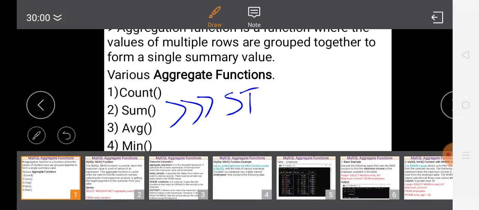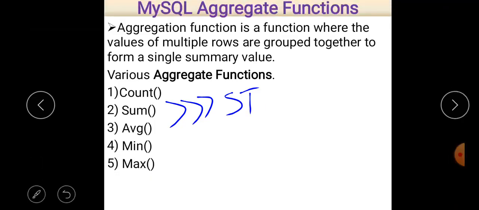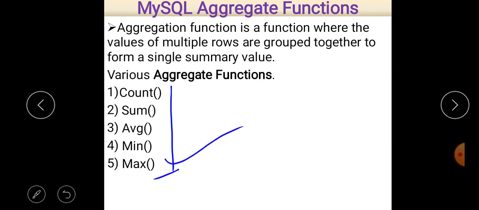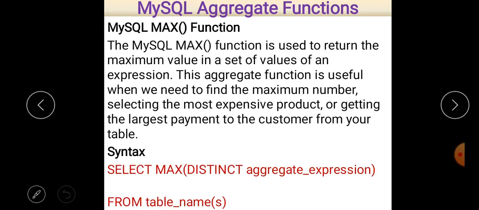An aggregate function is a function where the values of multiple rows are grouped together to form a single summary value, and we just learned the max function in this video. The max function returns the maximum value in a set of values of an expression, and that is the syntax of the maximum function.